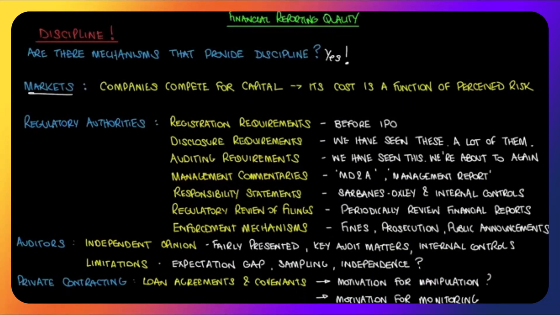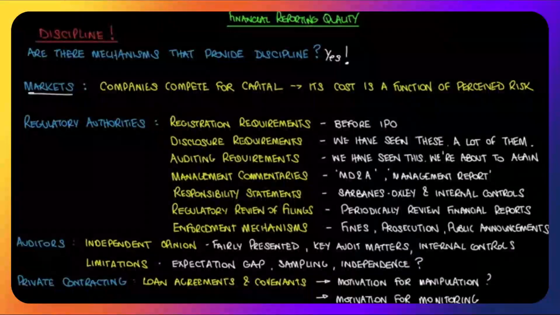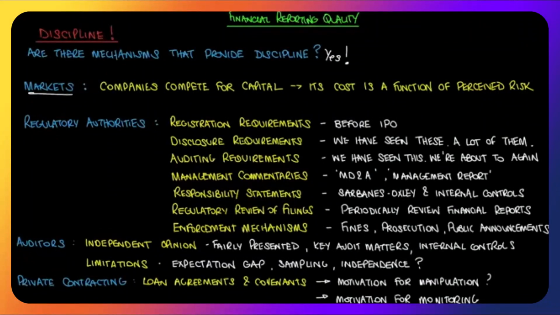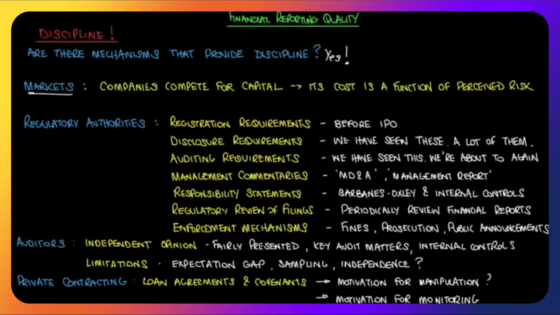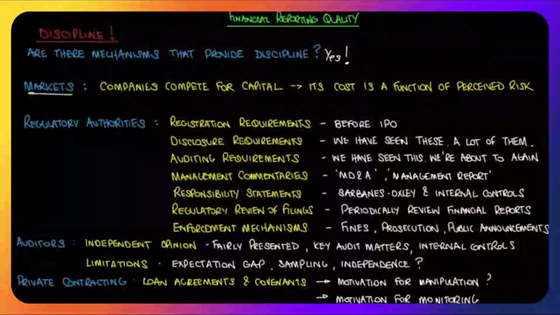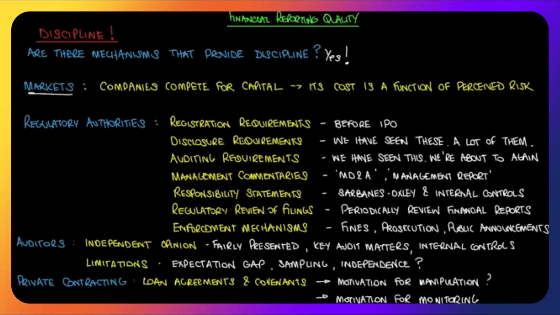If they perceive your financial reports as low quality, they are going to put a higher risk label on your business, and it's going to cost you more to raise capital. So it is in your interests to have high quality financial reports to bring down or keep down your cost of capital. If that's not incentive enough, and often it isn't, clearly that's why these things exist,